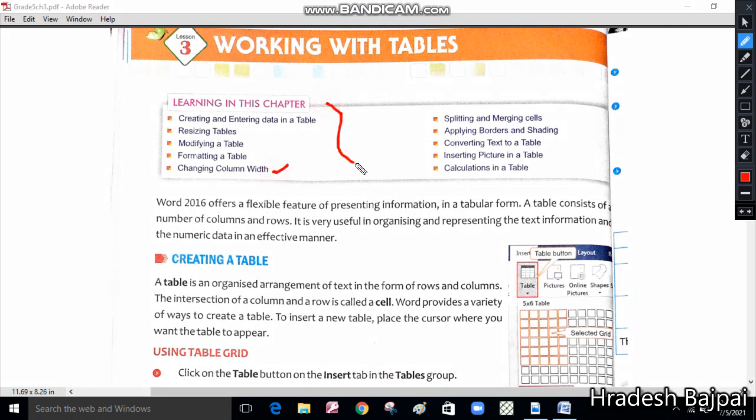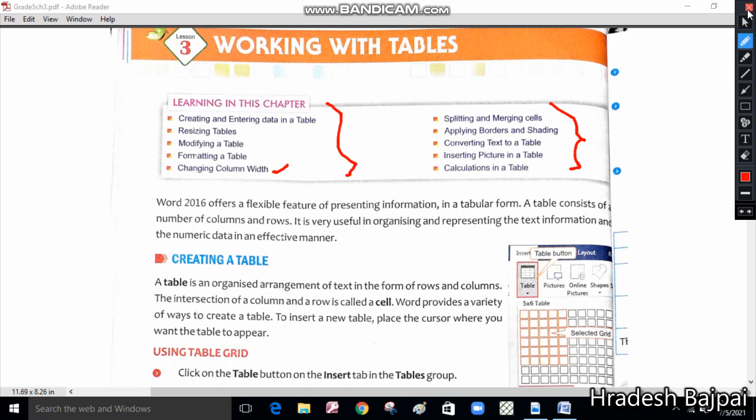These are all the points. How can we split and merge cells, apply borders and shading, convert text to a table, insert pictures and do calculations.